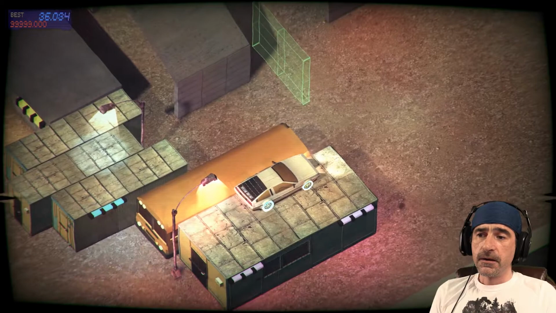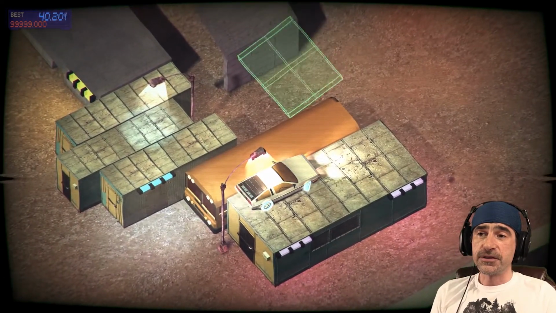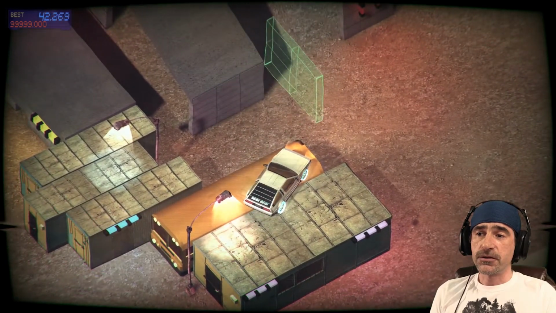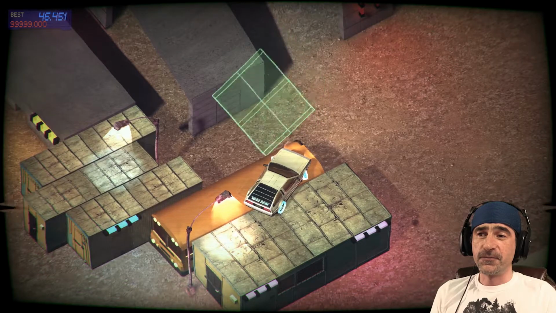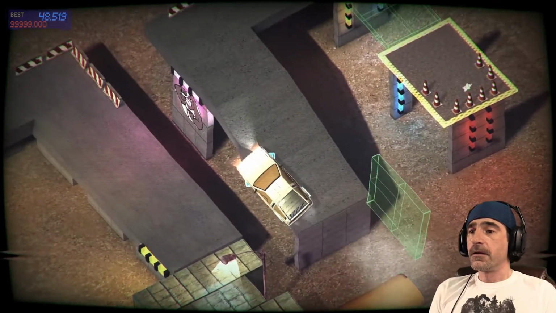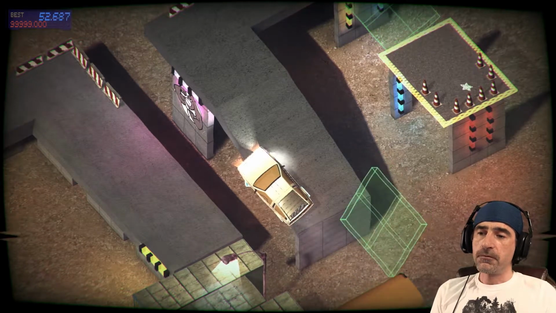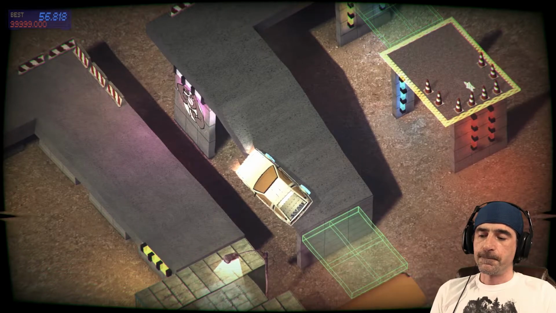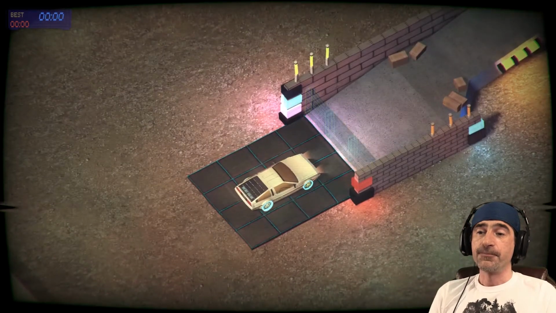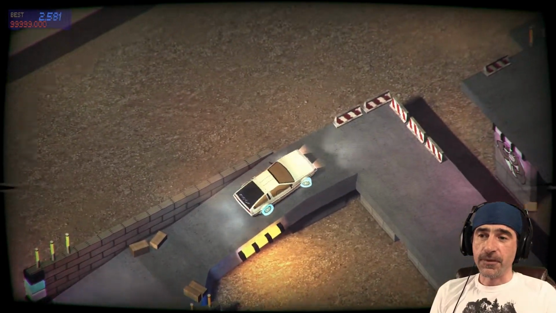One, reverse is not analog. Reverse is digital. So reverse goes as fast forward as flooring it. Ooh. Now, how would that be a thing? Okay. So yeah, there we go. That's the premise of the game. Got to get from A to B